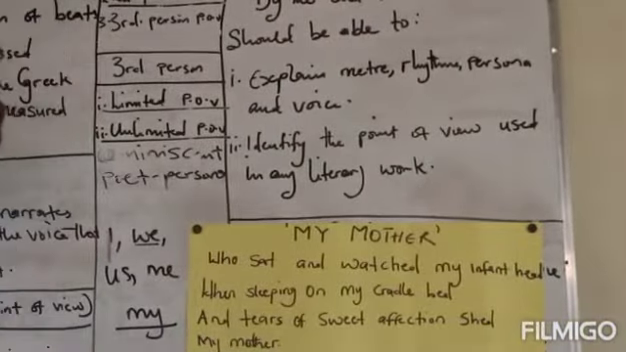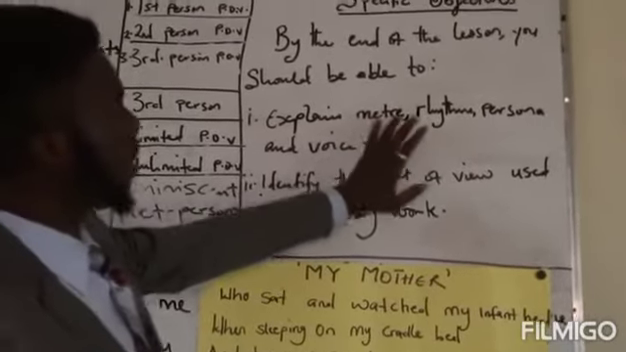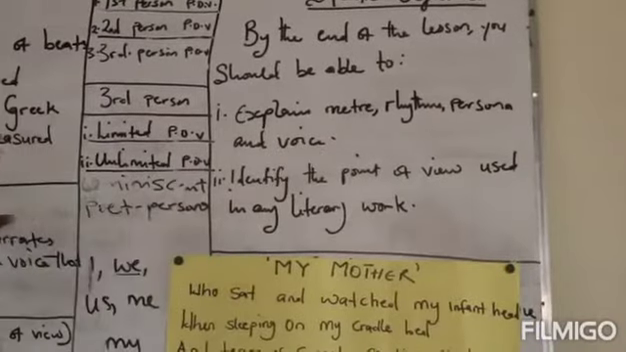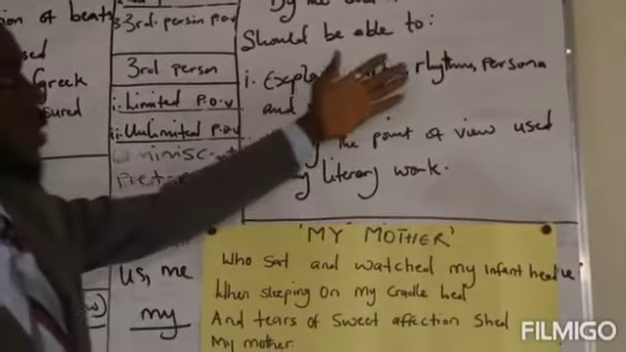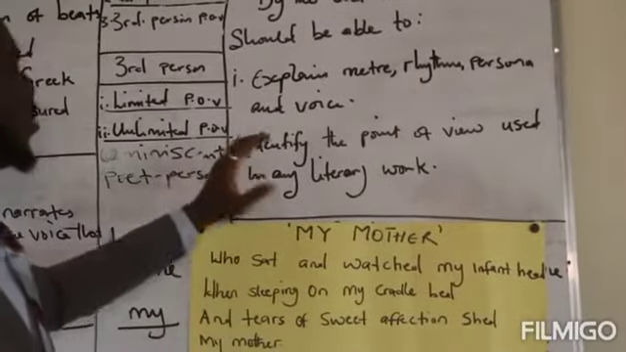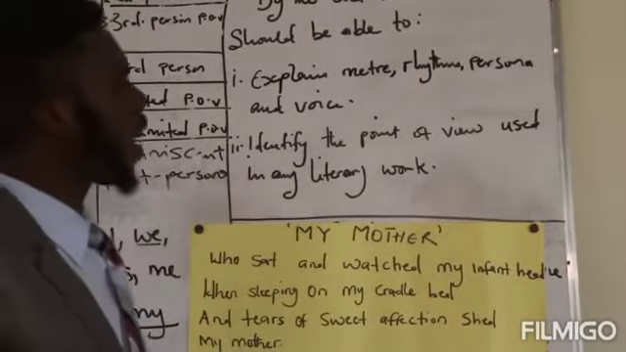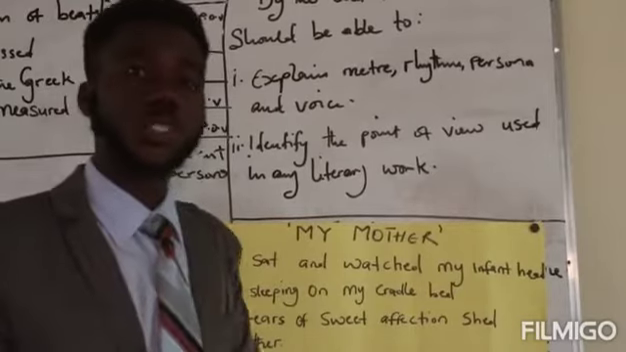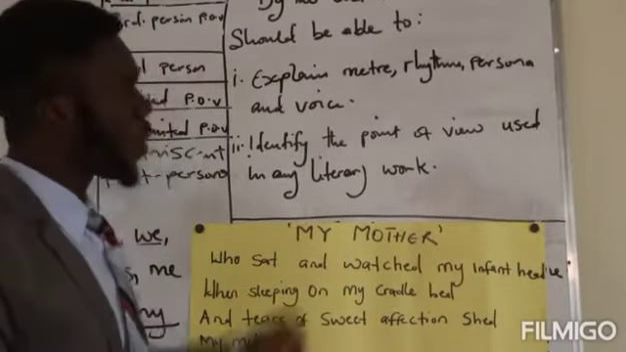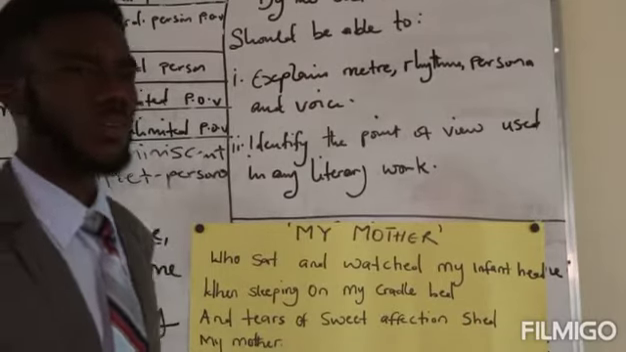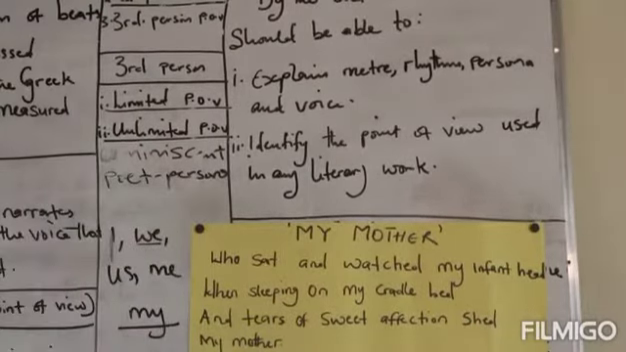here. We say that you should be able to explain meter, reading, personal, and voice. And these are the things we just treated: the meter, the reading, the personal, and the voice. And secondly, you should be able to identify the point of view used. This is very important. You should know how to identify the point of view. This question comes out in literature. Know the point of view that is used in writing, in presenting any literary work. I believe that these objectives have been